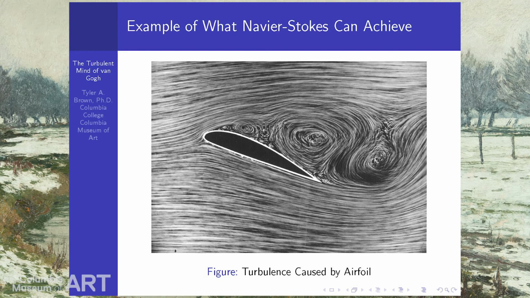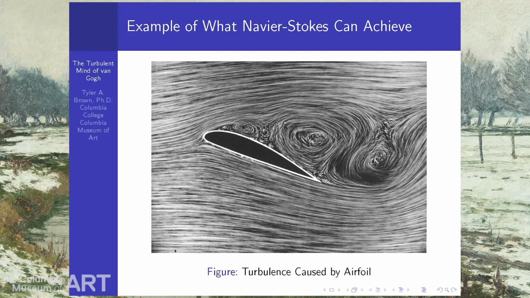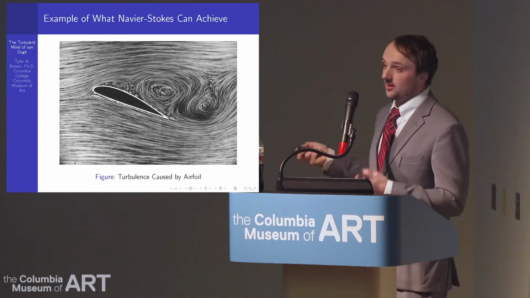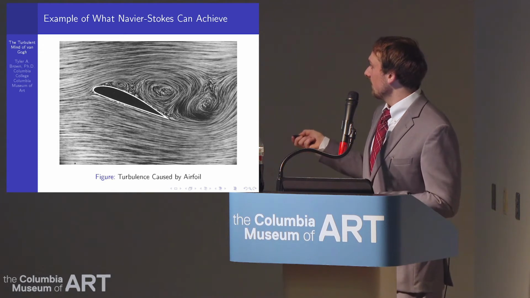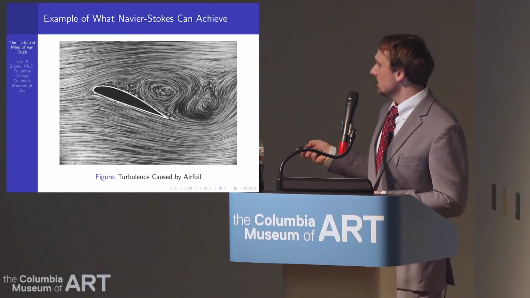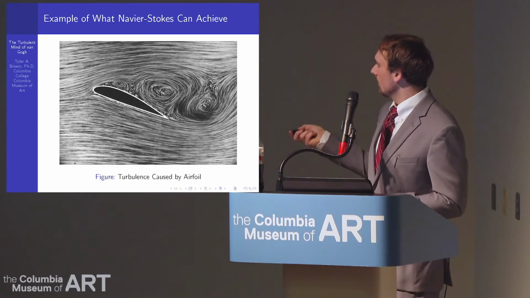Here's basically a plane wing. You have flow moving this way. The angle of attack on this wing is very, very high. So what you're going to have is a lot of turbulence happening behind here. So what you see is kind of a path or a trajectory for a particle to move along this flow here. So if we hit the angle of attack right here, it'll go over and then somehow end up in this vortex, perhaps this bigger one, or this one right behind the other two. The Navier-Stokes equations can predict, if you have a good enough solution anyway, exactly where a particle is going to move throughout this situation, and given this shape that's impeding the flow of whatever fluid or gas this is.